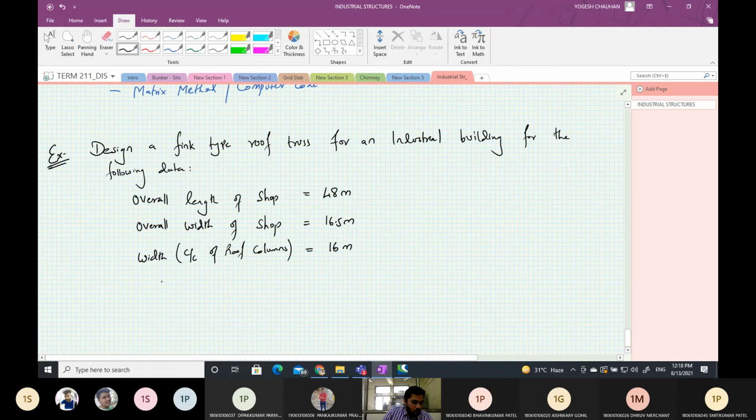Then the center to center spacing of trusses is equal to 8 meter.